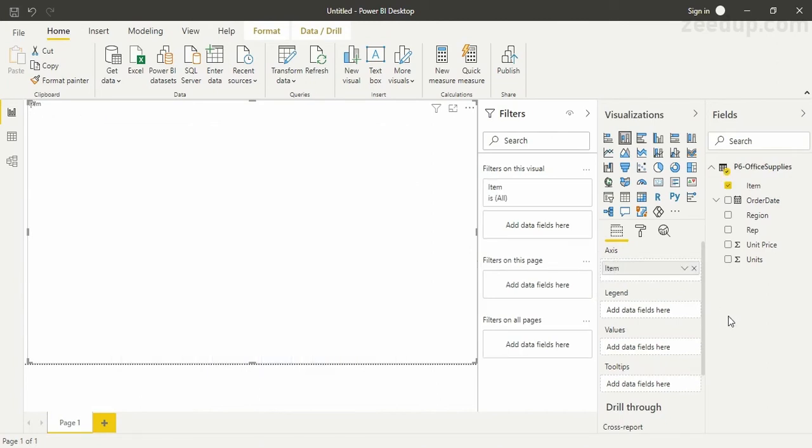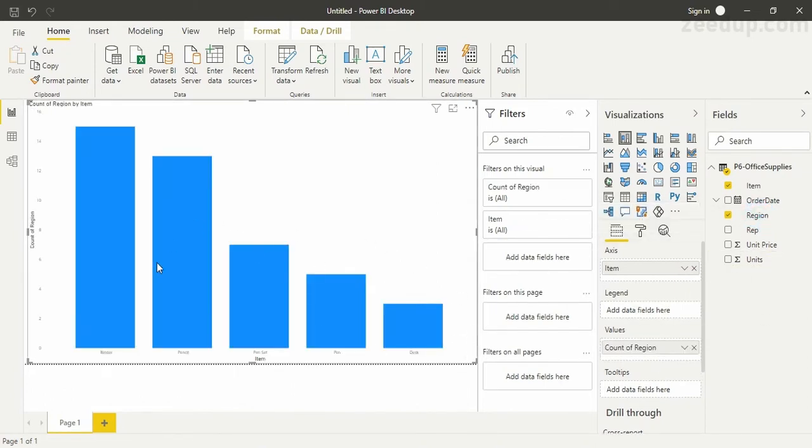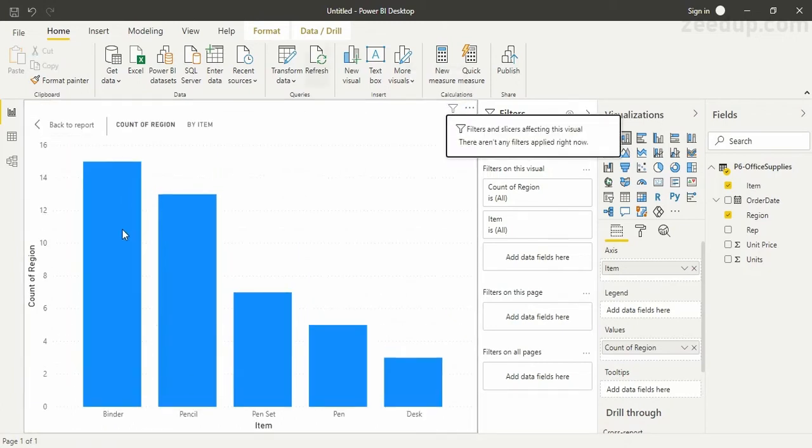Then you can see our chart has begun to change itself. The item is now present over here. Now if we add, say, region into the values, then we are getting this kind of a chart. You can see from this, although it is very small, what we can do is go into this focus mode. Here you can see this is the focus mode. You can just go on it and we are getting a chart of count of region by item, which means